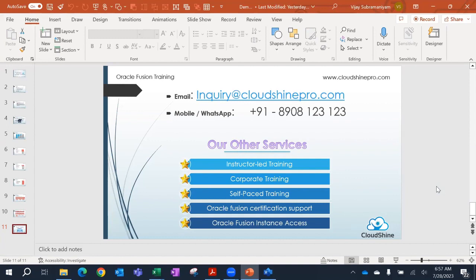Take LinkedIn Premium, that is free of cost for 1 or 2 months. Take LinkedIn Premium, post your profile, have more connections. I can guarantee you within 1 month you will land up in